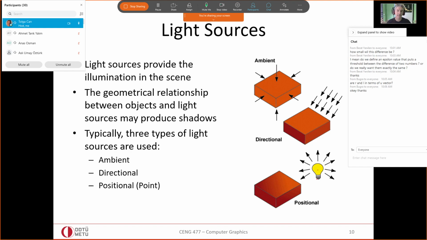Ambient means being everywhere. All right, so without the actual light source, we also have light bouncing off everywhere in the scene. And in reality, in order to model this light bouncing off everywhere, there are algorithms called global illumination, which try to accumulate